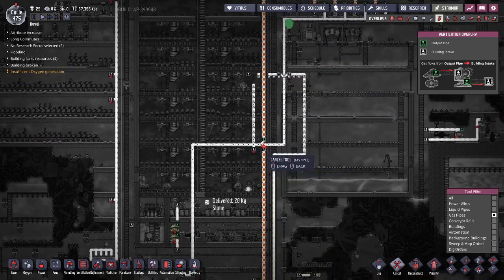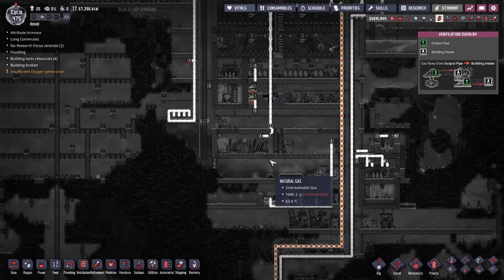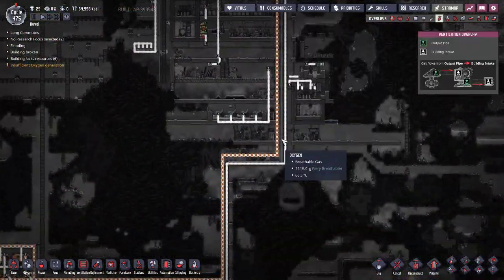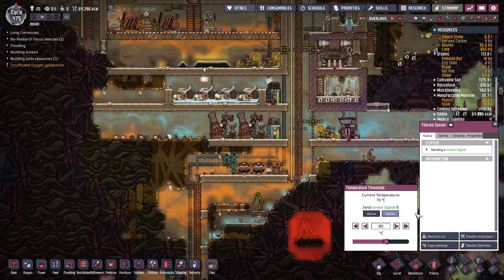Oh, in fact, we want to preserve just that pipe there, because we don't want to kill our slicksters, who are hanging in there. They're not getting a lot of CO2, but they're getting a little bit. Hopefully enough. We've ceased plastic production because this liquid reservoir...